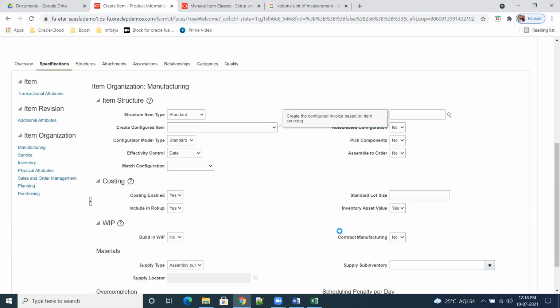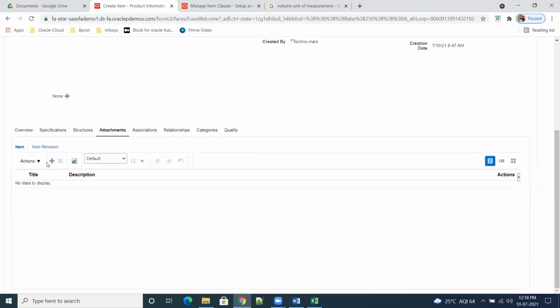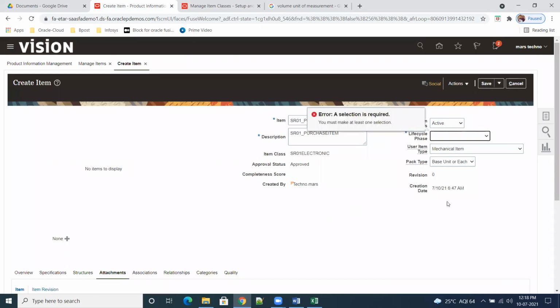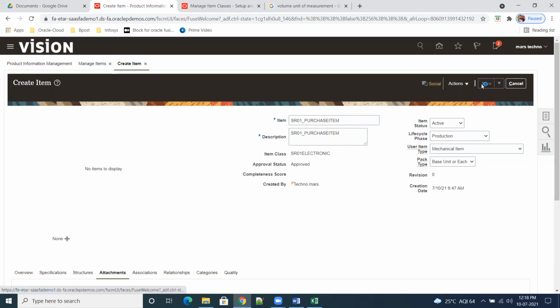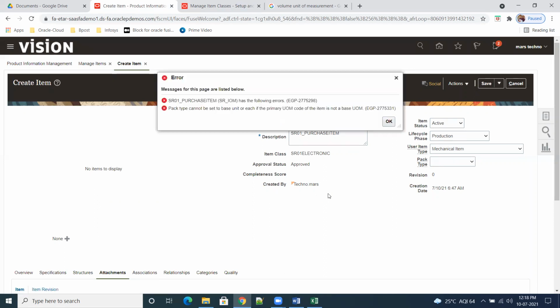Attachments also, if you have any kind of attachments to map to the item, then you go here and you can add the attachments here. This is the new one, earlier it was not there. Okay. So life cycle phase is production and item state is active, and all these things have come from template.